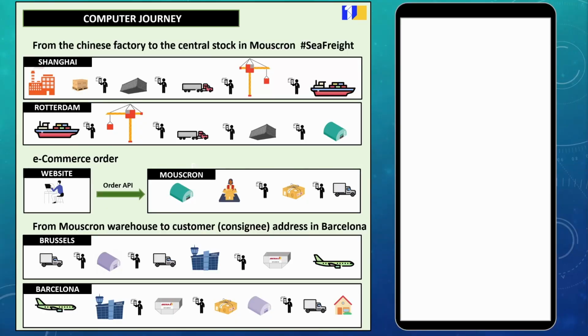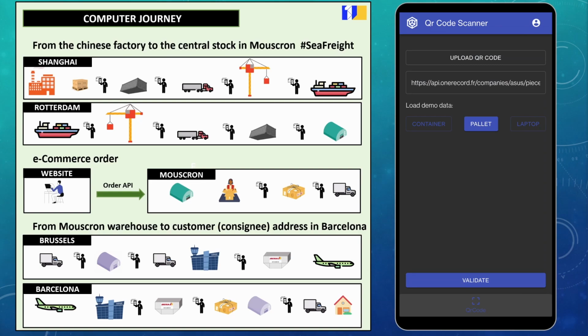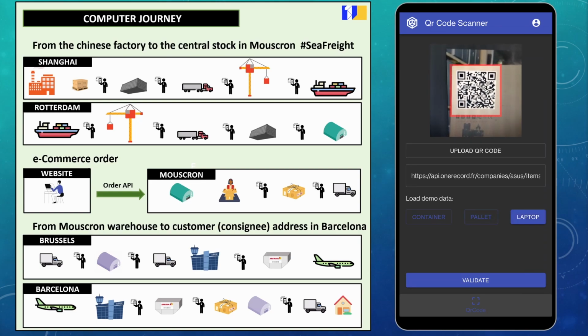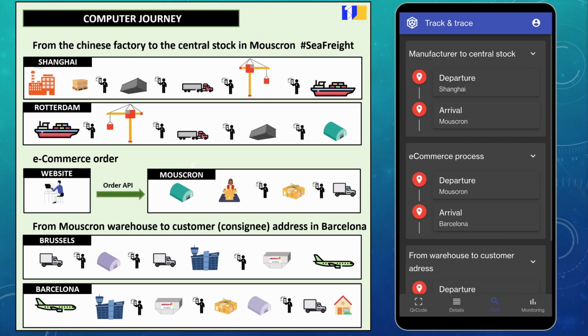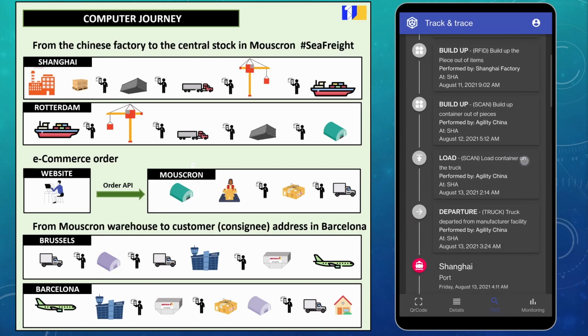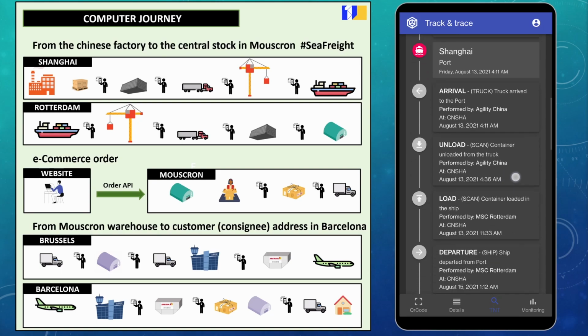For the last case, let's imagine that I am an ASIS customer service officer monitoring an online order made by a customer in Barcelona. So I can scan the laptop QR code, which is on its box. And now if I click and go to the Track and Trace tab, I can see the whole history of the shipment,